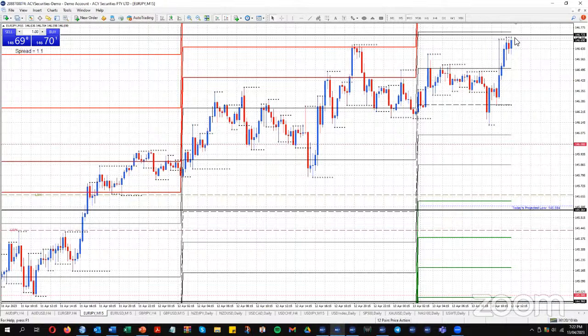Now, if you want to be aggressive, it's hard to be aggressive at the moment because the news comes out at 10:30. But after the news at 10:30, if you want to be aggressive, you could look for a very tight entry, a tight trend line break for a short. I mean, we could top out up here. We're at a strong level of support, a strong level of resistance up there.